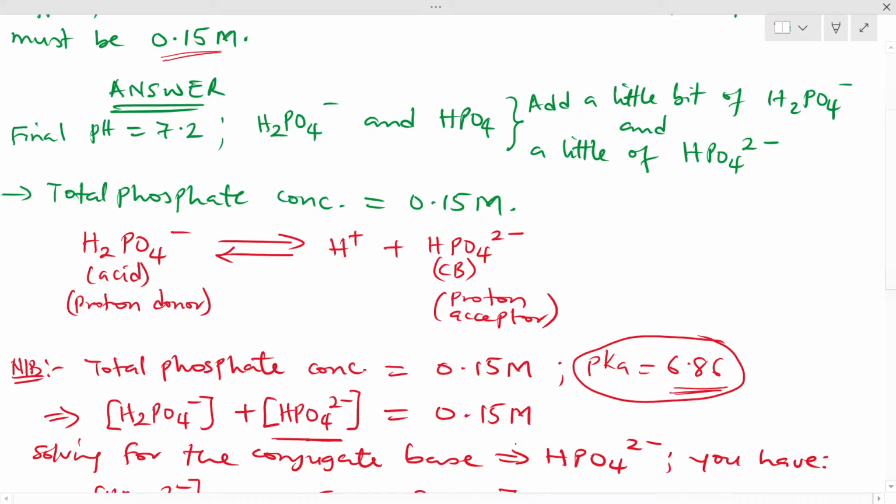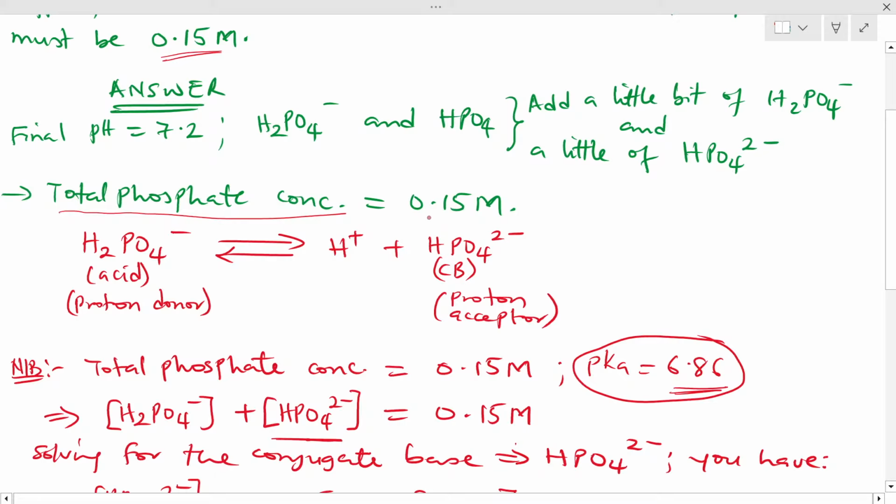If you bring out your parameters, you have your pH equals 7.2. So you add a little bit of the dihydrogen phosphate and a little bit of the hydrogen phosphate. So you begin to have your total phosphate concentration, because you have two phosphate species here,